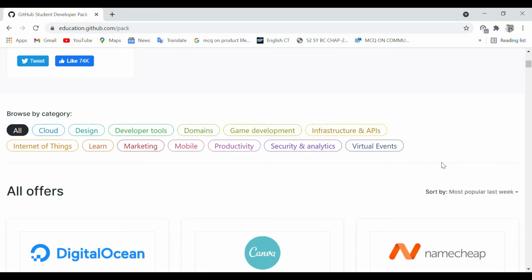Here you can browse categories like cloud, design, developer tools, domains, game development, security, virtual events, anything, a variety, thousands of stuff are available for free.